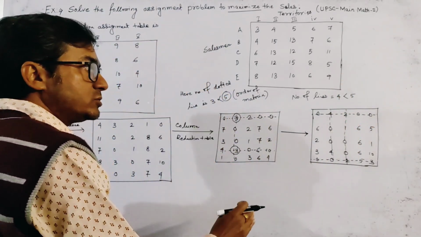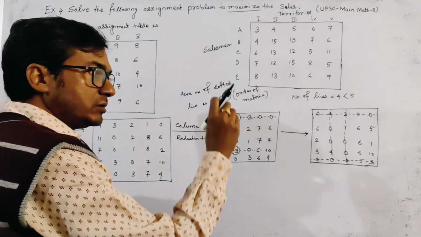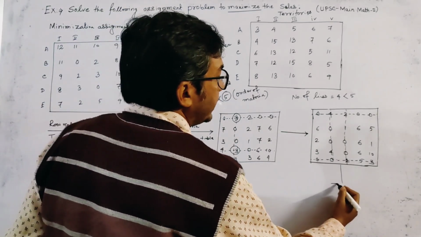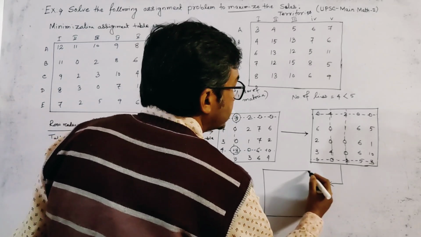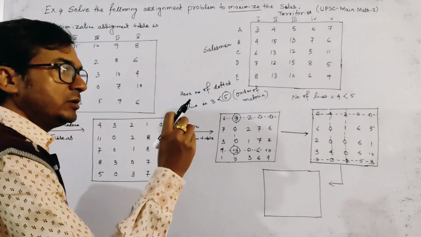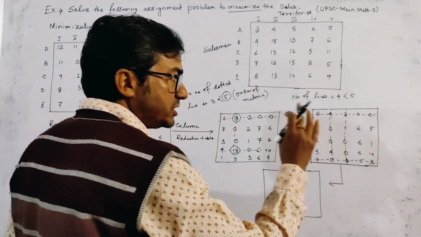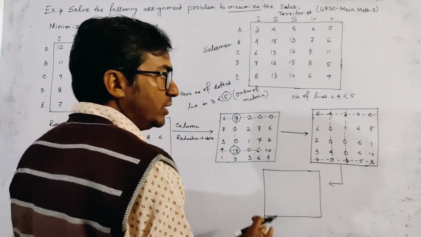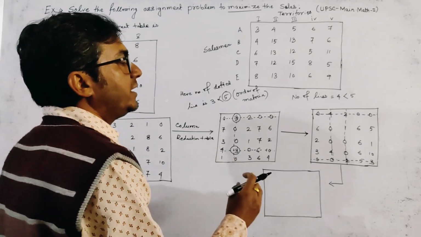So we have to reduce this matrix or this table again, and reducing, we draw another table and apply the same process. We first find the minimum of the uncovered elements, which is again 1. So we subtract the minimum uncovered element from all the uncovered elements of this table and add it to